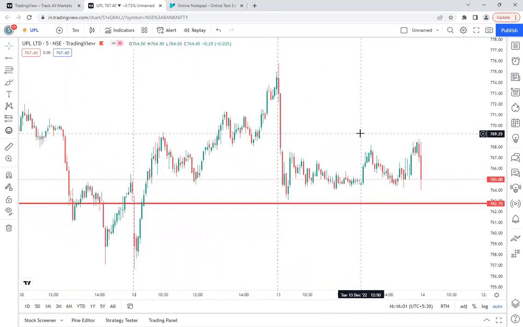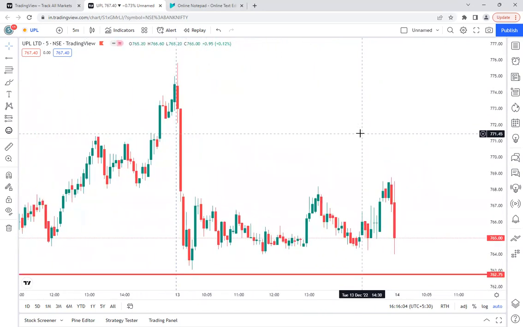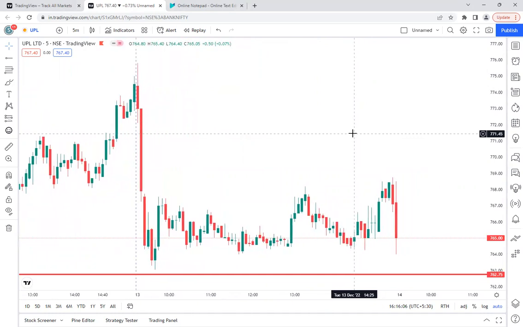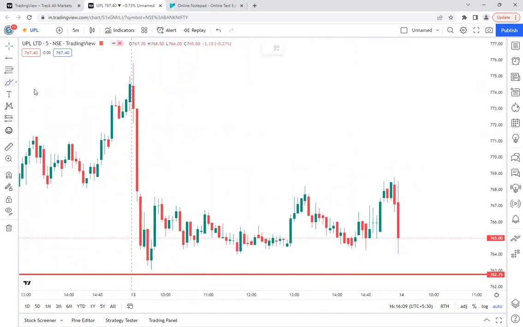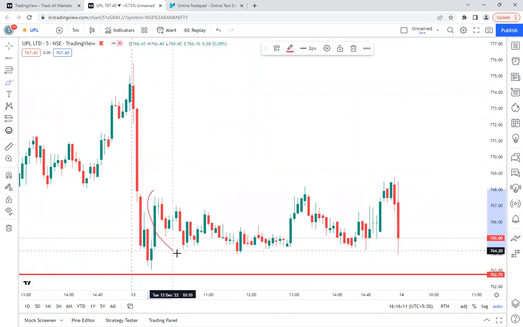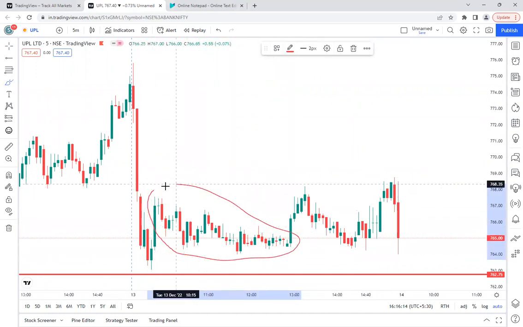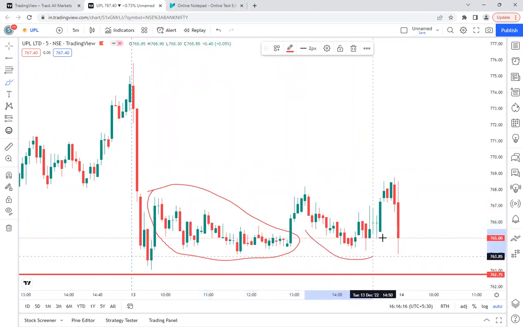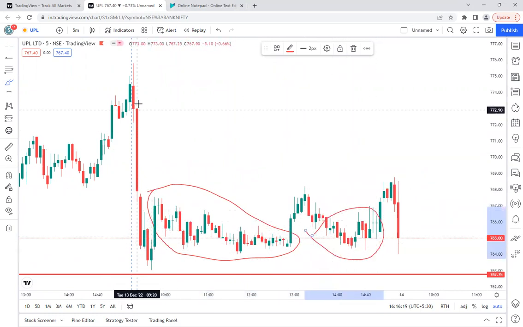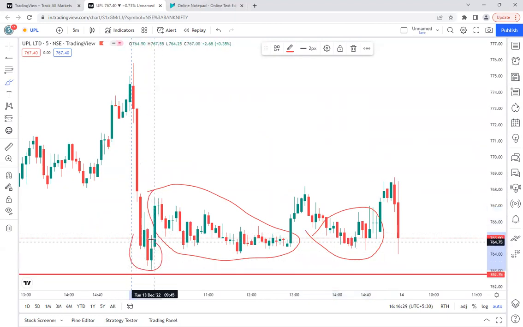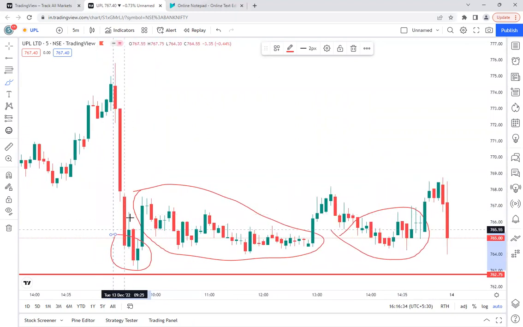And what happened today? If I zoom in here, you can clearly understand it's completely a manipulation done by the big players. Especially if you see this particular zone and this particular zone. Initially, they fell down and reached almost closer to that support. They did not hit it yet. There are some sellers already who might have taken sell positions here, and they might have kept the stop loss just above the last high, that is this one.